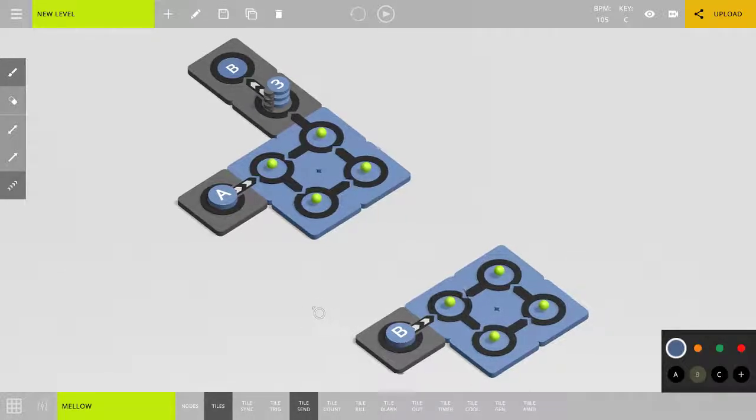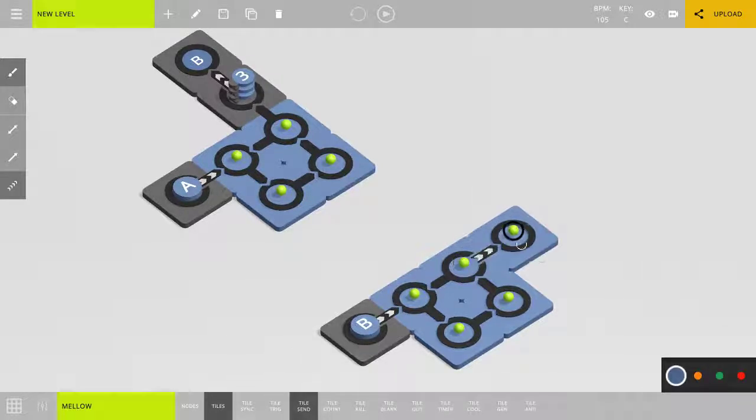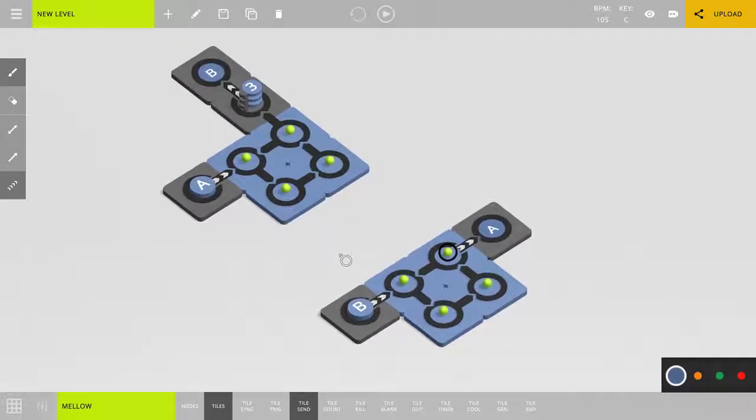so we've got that set up, and then to go back, I could just create another send here. That's back to A, and if we hit play,